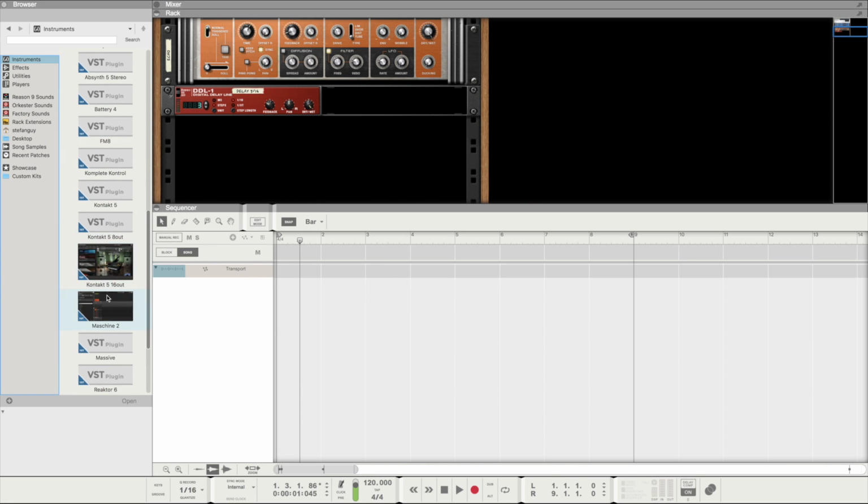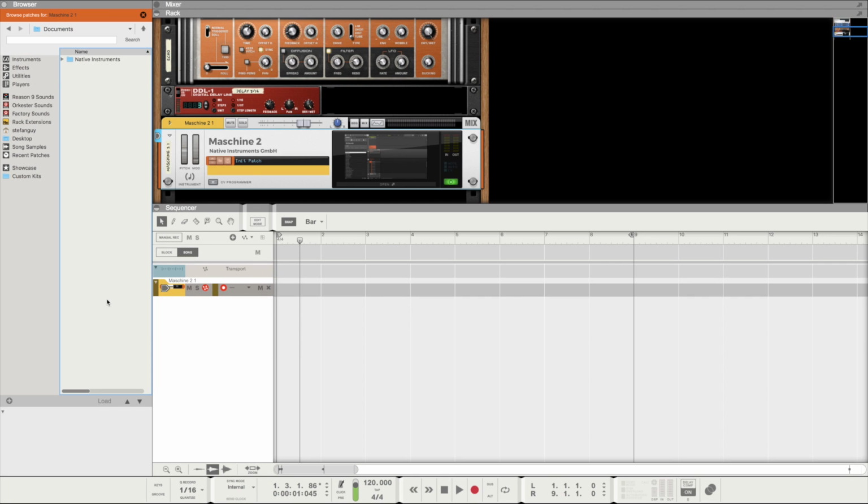Today I'm going to quickly show you how you can use Maschine with Reason 9.5. Maschine works best with the Maschine software, but there may be times where you would like to use the sequencer in your DAW instead. I did a video on how to do this with Logic Pro 10 and it proved to be an extremely popular workflow. So if you use Reason 9.5 and you would like to use Maschine with the Reason 9.5 sequencer, here is